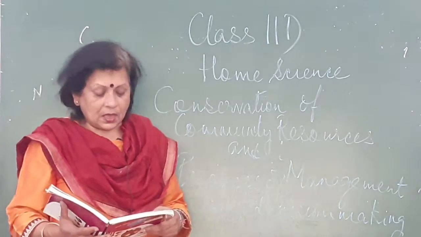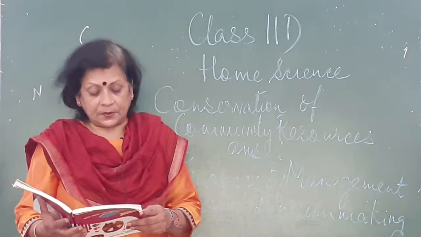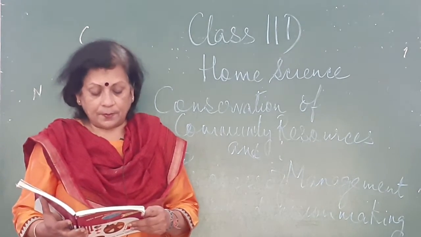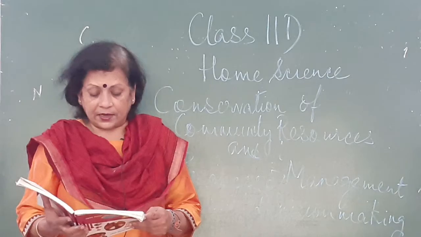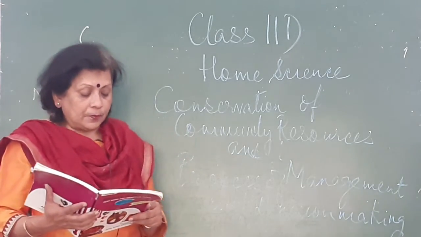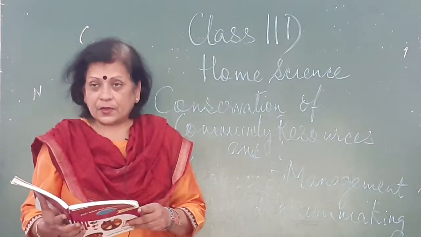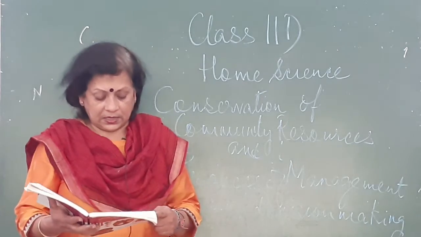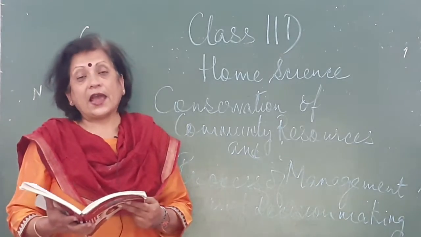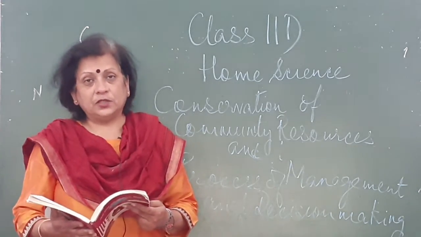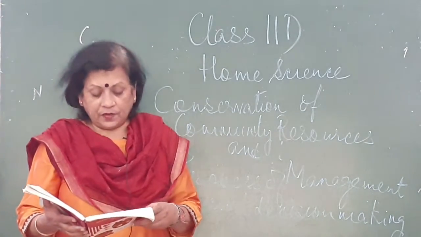Hence, for this reason, the process of management is done through a number of steps, which I will just tell you: planning, organizing, implementation, controlling, and evaluation. So, the process of management helps us to use both the human and non-human resources in a planned manner through the following steps. Whether it's an office or a house, everywhere there have to be certain steps of management which need to be followed, because this is a way of achieving the goals.